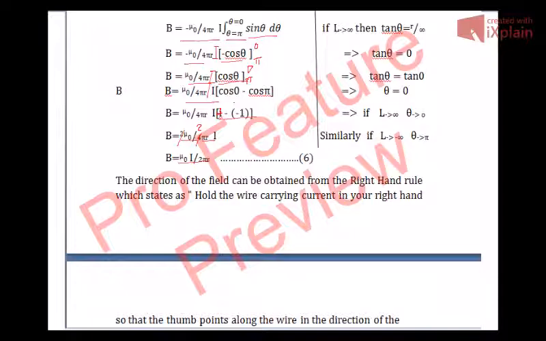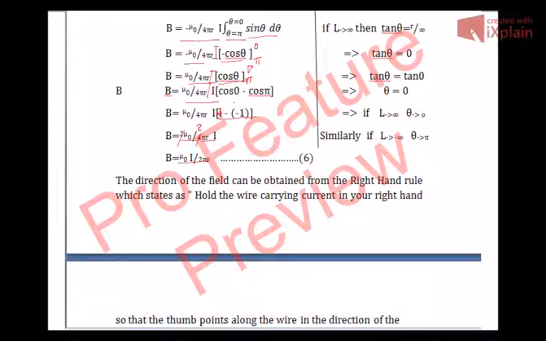So if you know the magnitude of the current flowing in the wire, suppose the current flowing in the wire is 2 amperes, and you want to calculate the magnitude of the magnetic field at point P, which is at a distance r. So suppose r is 1 meter, then you substitute for r equal to 1 meter. You substitute for I, say it is 2 ampere. If 2 ampere of current is flowing in the wire,